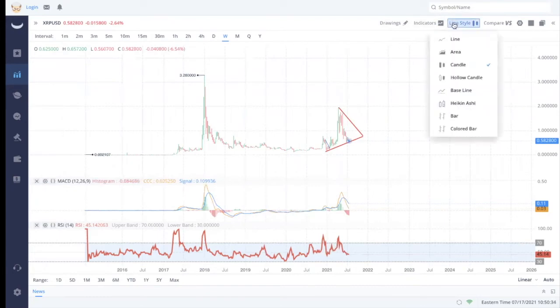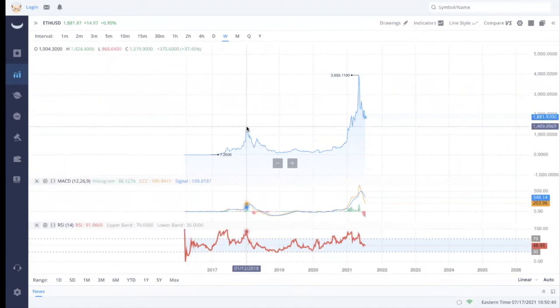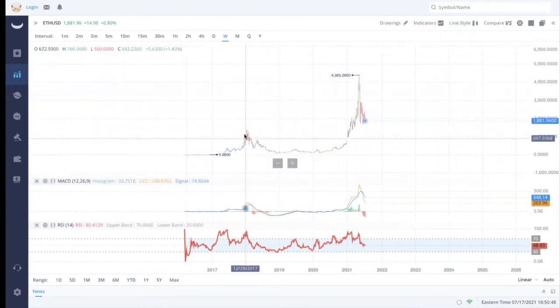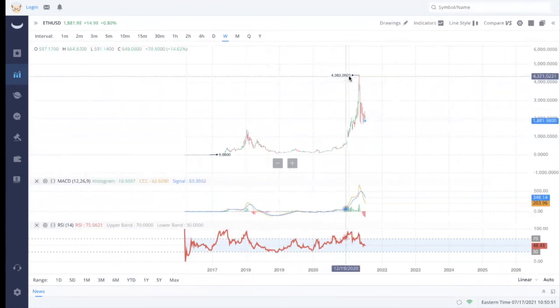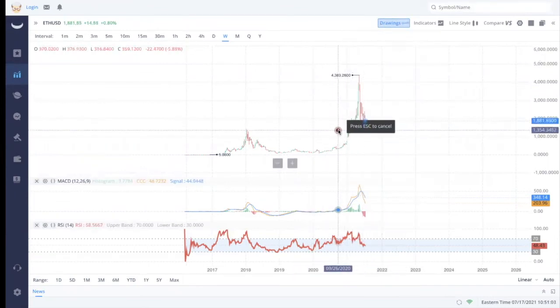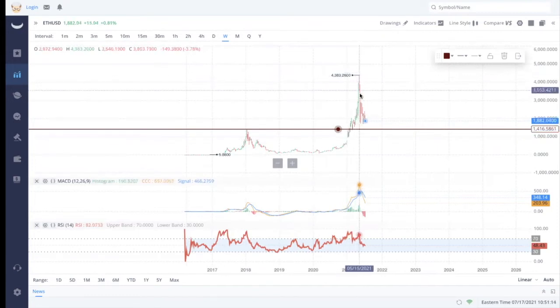And the reason why I am showing this is because when you look at something like Ethereum, its all-time high in 2018 was around $1,400. And let me change the line style here real quick. Its all-time high was around $1,400, and its all-time high in this bull cycle was $4,300. And we can see here when we just draw this little horizontal line right here that not only did it have this down bearish period here, but it broke through, created this U. All you need to see is this U here, and then it broke right through that